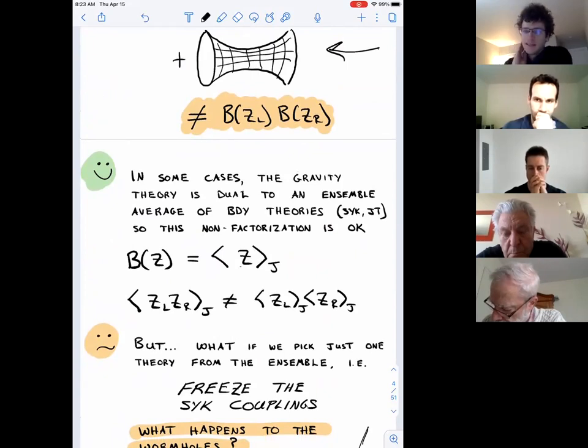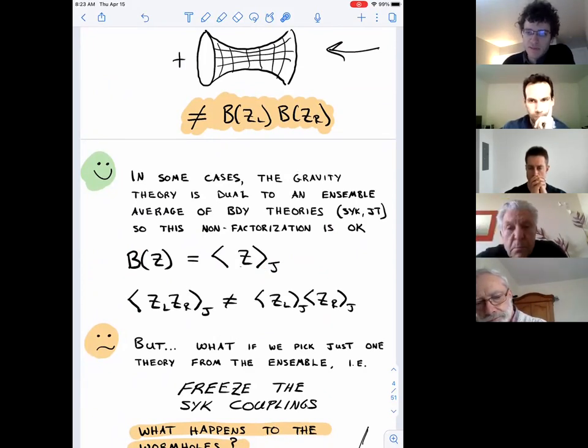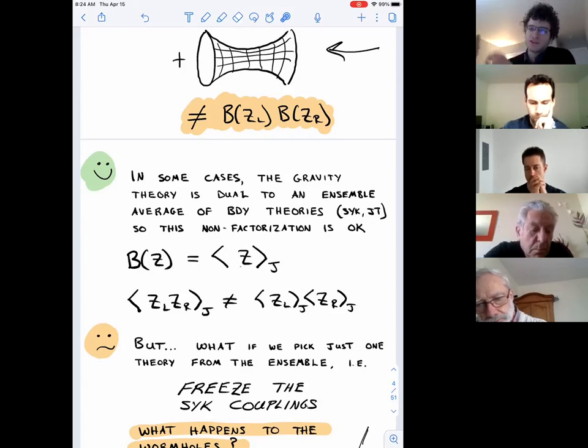Right. So in this version, what you assume is somehow that the operation corresponding to B here, what that operation is, it is the disorder average in the boundary theory. So there's no disorder in the bulk theory. The bulk theory itself is computing the disorder average of the boundary theory. So I'm not sure what you meant by averaging independently on the two sides. It's like the averaging only exists on one side, on the boundary theory. And that's dual to just a fixed bulk theory.